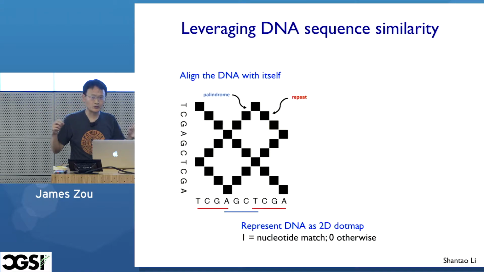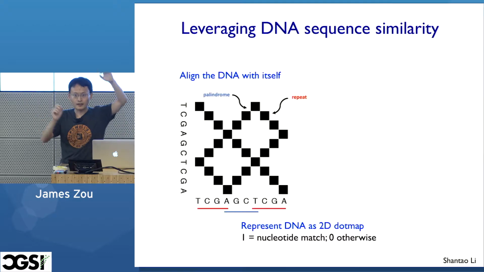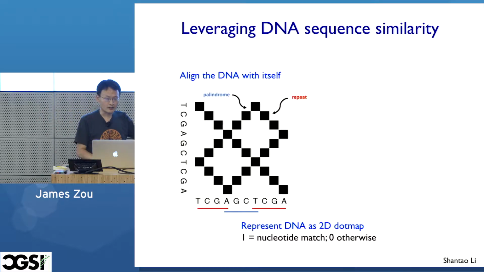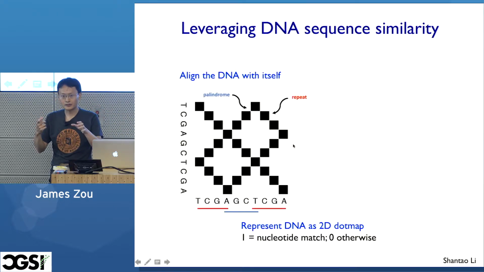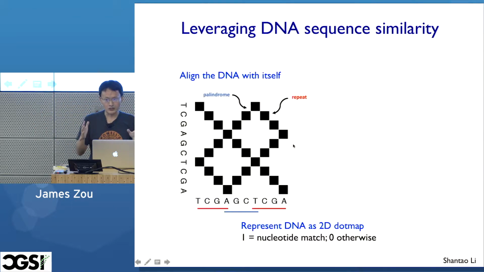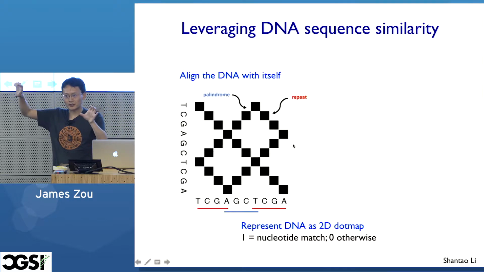So how we generate this two-dimensional image is I just take my ACTG sequence at the cut site and align it against itself. I have a black if they have the same sequence, and white otherwise. So you have these blacks along the diagonal, as you expect, and you also have these stripes going slightly off the diagonal, which correspond to microhomologies. So these are sequences that are, in this case, this TCGA, that's repeated at different locations near my